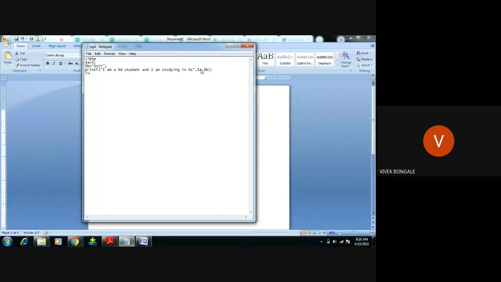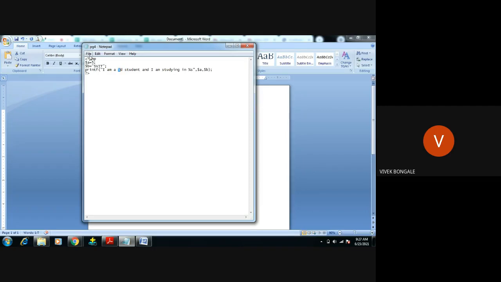A simple PHP program. What it will do: we are trying to pass one variable as an integer, one variable as a string. Both things I want to pass in my statement, and it should be displayed in the browser. It includes the integer and also the string. That is the reason we are taking the printf keyword, not echo. If you use echo, this 5 will not display. You will get some error there. That is the reason if you want to use any format specifiers, there we have to use the printf function.